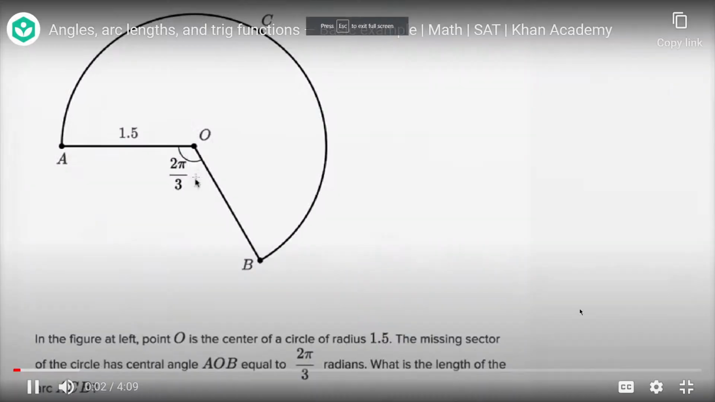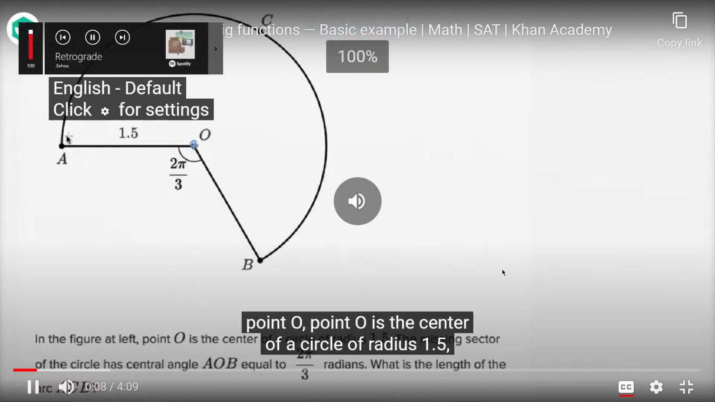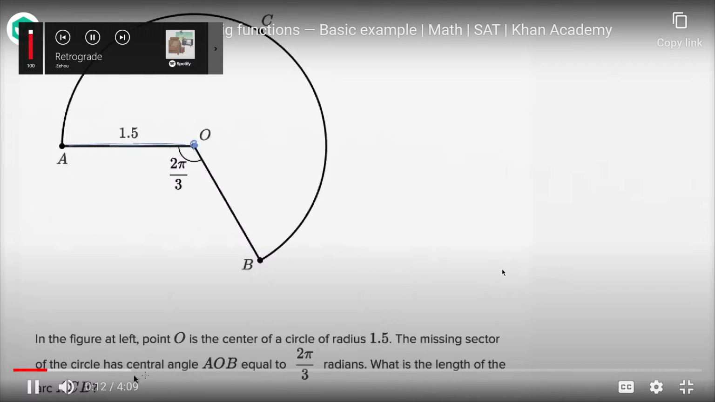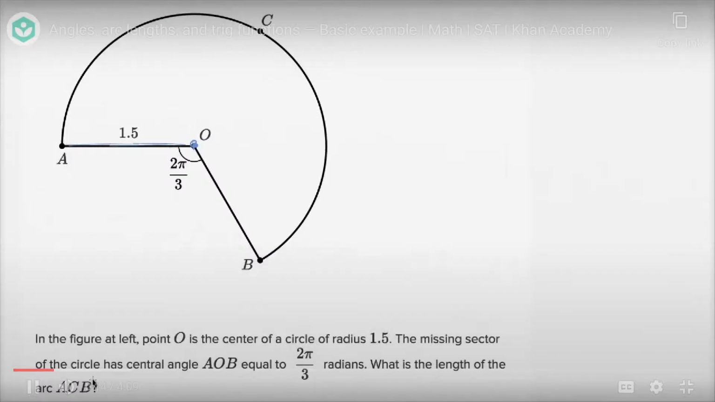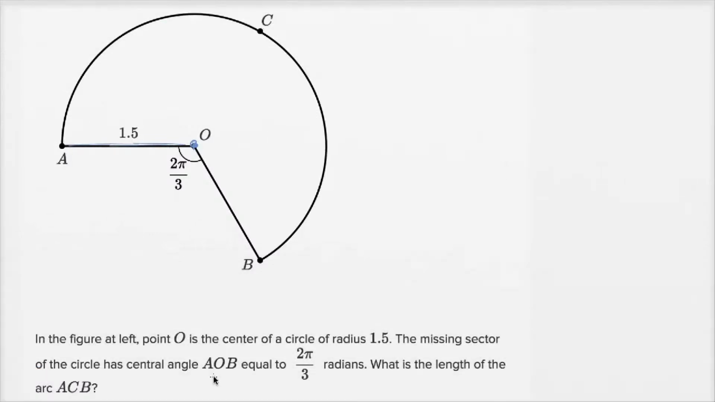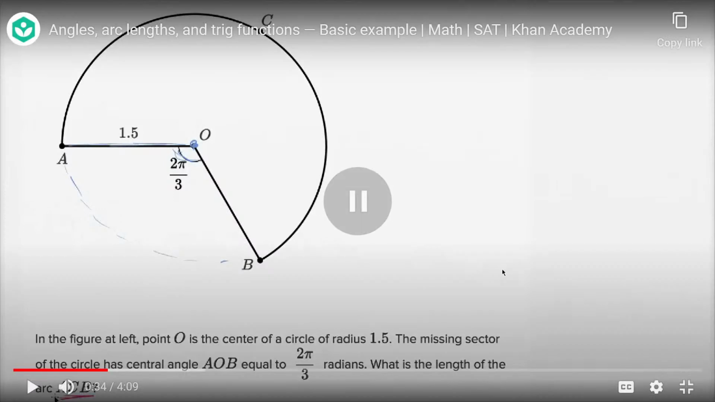In the figure at left, I pasted it up here, point O is the center of a circle of radius 1.5. You see that right there. The missing sector of the circle has central angle AOB equal to 2 pi over 3 radians. That's this right over here, and that's the central angle for the missing sector right over there. What is the length of arc ACB? Now ACB